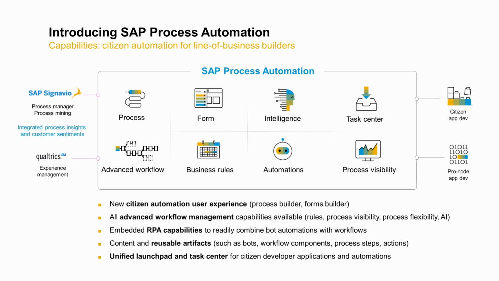These are different process automation capabilities. The first capability is Process, which provides a no-code tool to automate your processes. You can model and manage the workflows from a newly designed process builder for a more intuitive and enhanced process